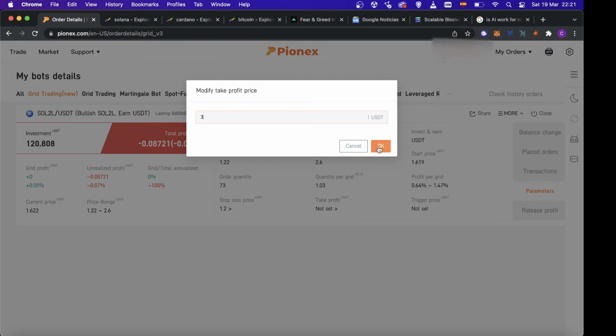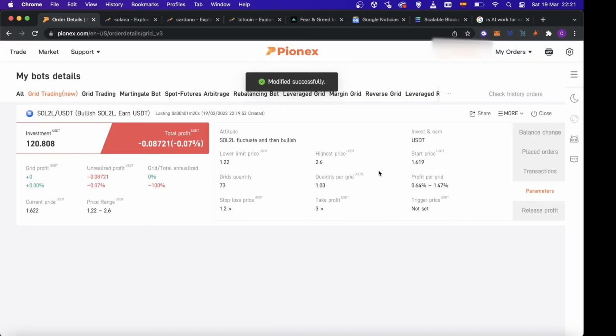Also, it's important to modify the profit and the stop loss. With the stop loss, you sell so you lose only 20% of your capital, or 10%, or you profit 50% or 60% and you go out. And all the time the robot is in the grid, you are profiting because of the fluctuation of the market. So thank you. Let's go to part 2 of this video.